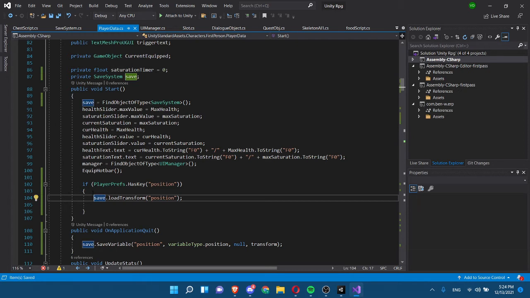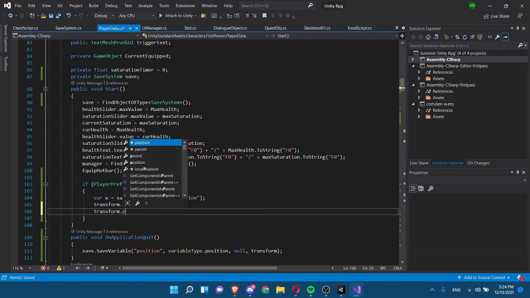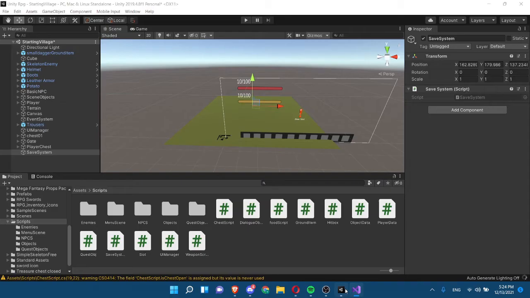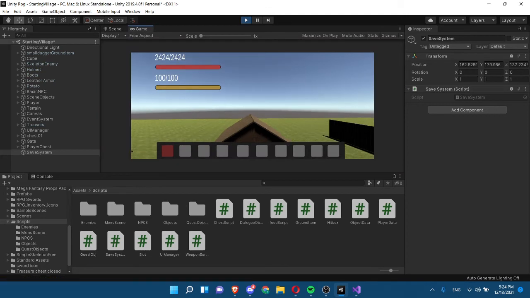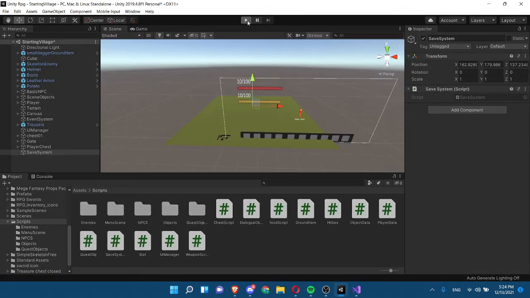So what we can do here is create a temporary variable. We can say var x is equal to this, and then transform.position is equal to x.position, transform.rotation is equal to x.rotation, and we're done here. So now if we go back into Unity, we should be getting our position saved. So if we come over here and then exit the game,